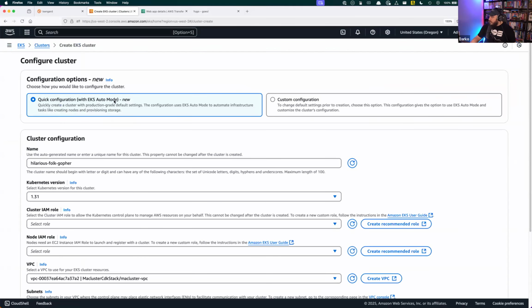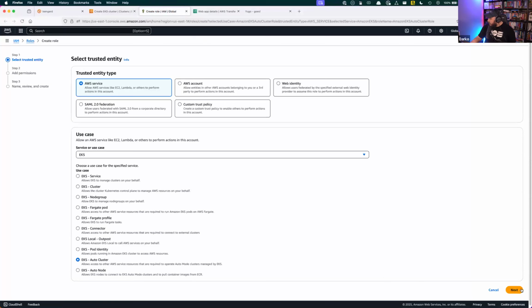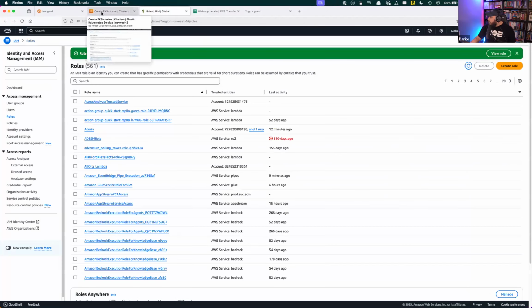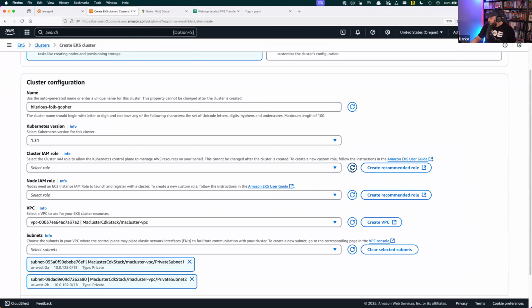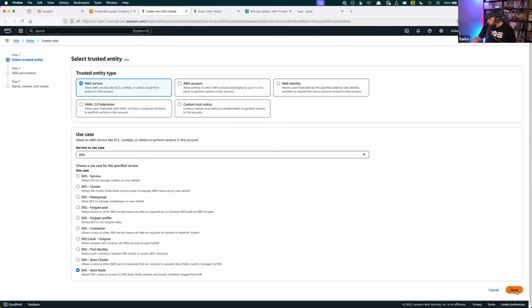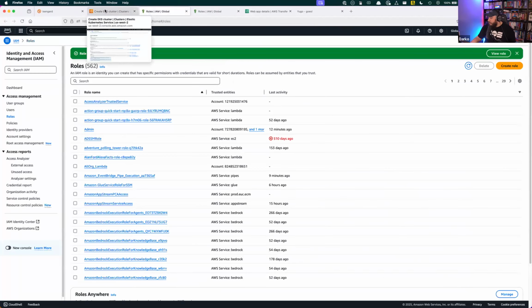So if you do the new EKS Auto Mode and give the cluster a name, select the latest Kubernetes version. It creates a recommended role. I'm gonna say, yep, do that. Let's see. Create a recommended node role for the cluster. Yep, that's it. Next. Sure. Create role. Okay, awesome. And refresh like that. It sets up a node IAM role, so this is for the actual nodes. I'm gonna say it selects this node role. Next. Create role.